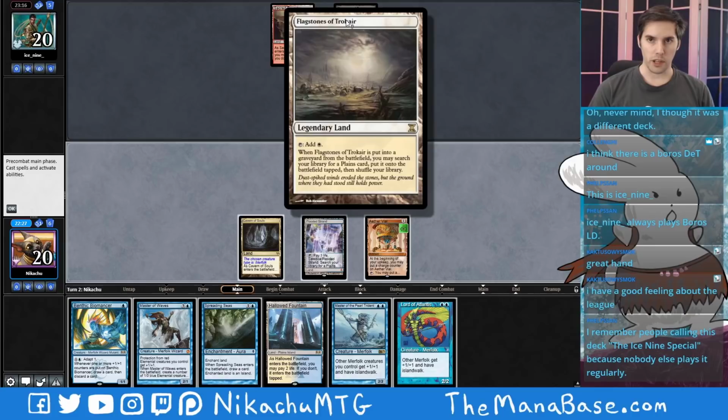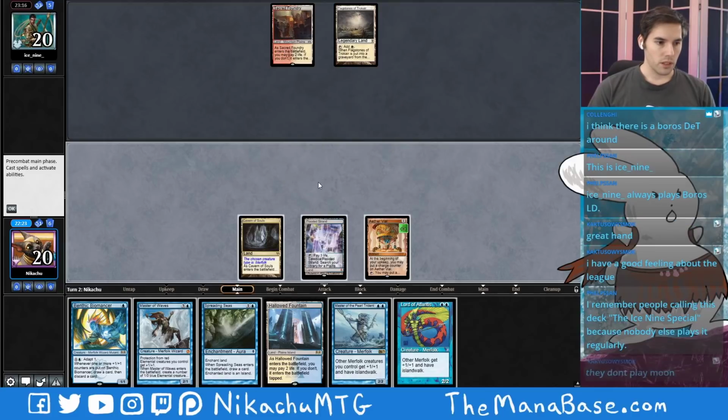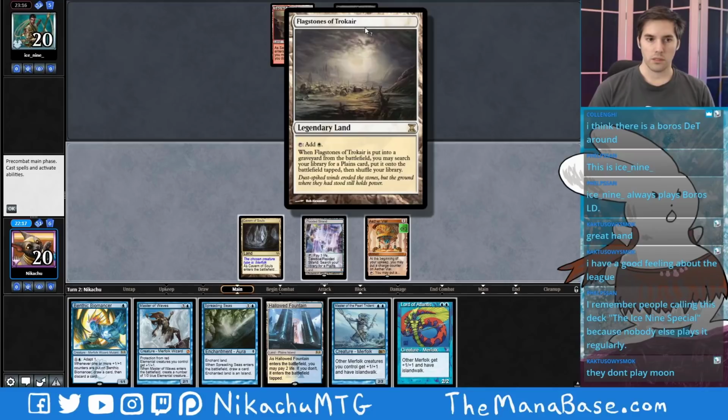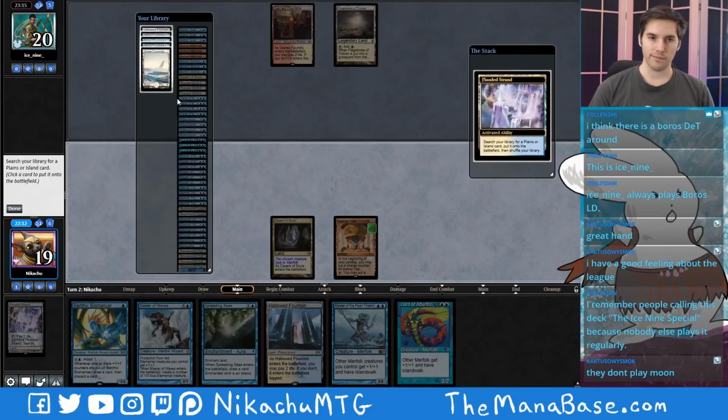Well, they don't have Boom or Bust because they didn't play it on turn 1. They don't play Moon? Great. So if I Spreading Seas this and they play another Flagstone, they don't get the ability. Guess we might as well do this. Or...